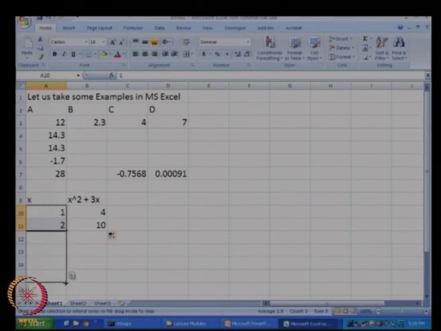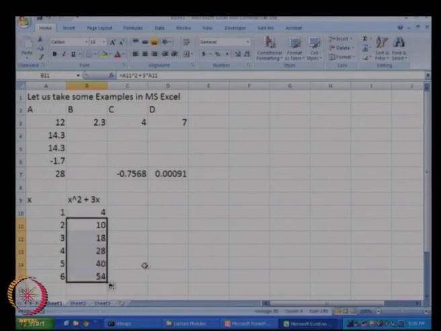When I drag it below, as you can see in the small square that appears next to my cursor, I see a number 6, which means I have dragged enough to get up to number 6. Excel has automatically filled in all these numbers. Now what you can do is take the formula and again drag it below, and you will get this formula repeated each time.